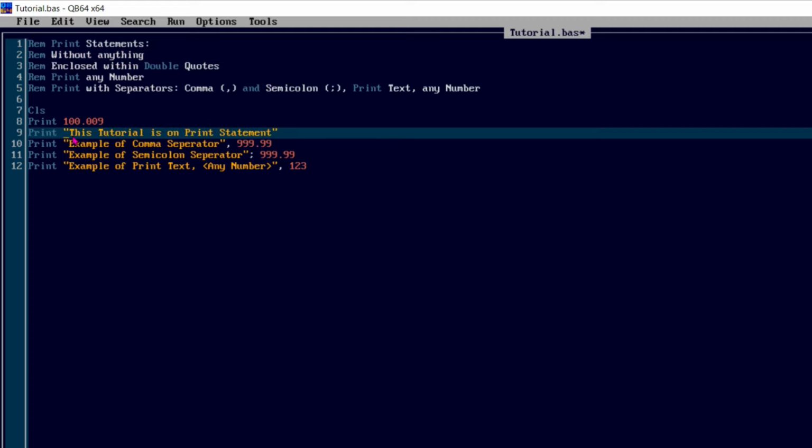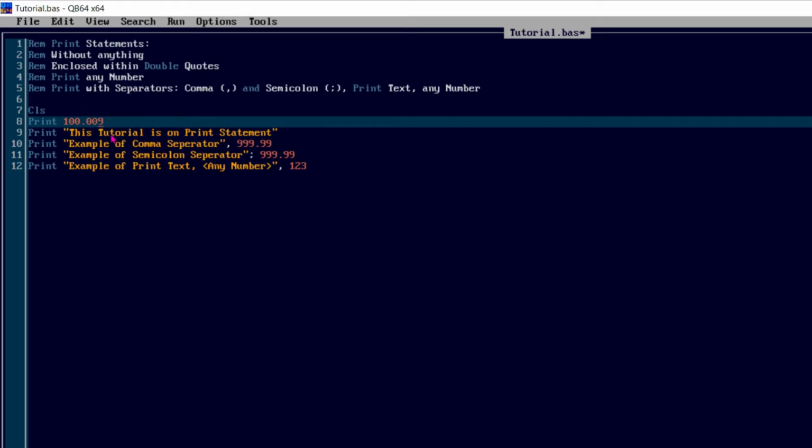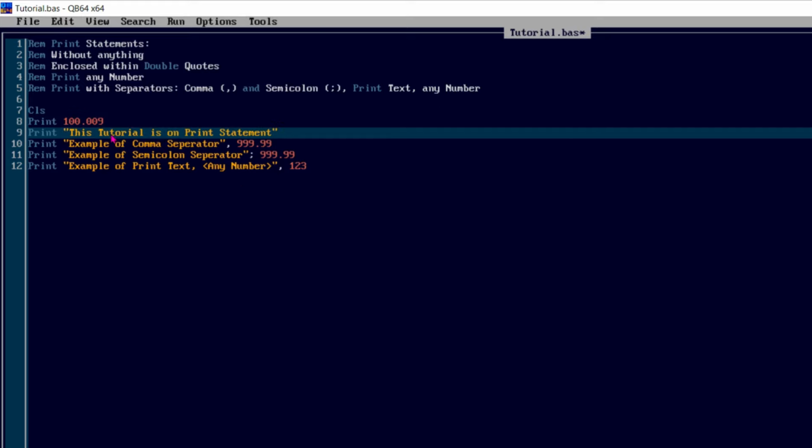The second example is line number 9. This tutorial is on print statement, enclosed within double quotes. This is a string. This is a number and this is a string.